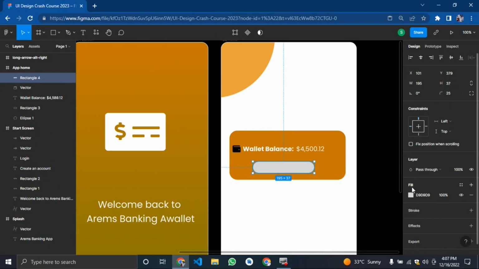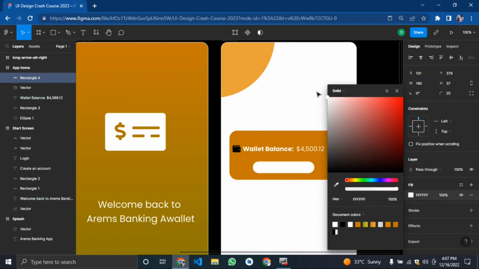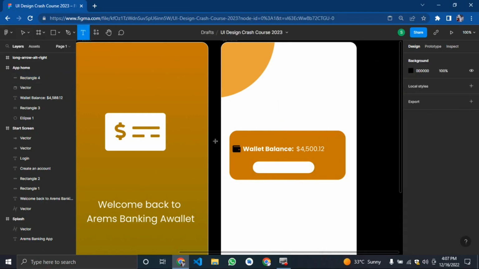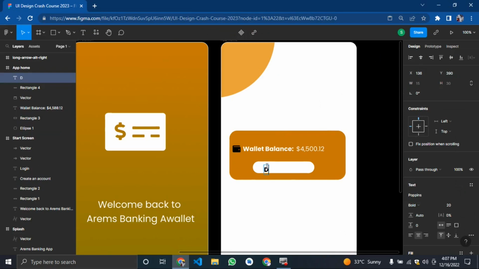For the fill, I can have a white color, then I'll have a text inside it saying add money or fund account. It's currently bold. I can deselect it from bold to just regular, and we'll have something like this. And I can also reduce the font size to 15. So this is good,